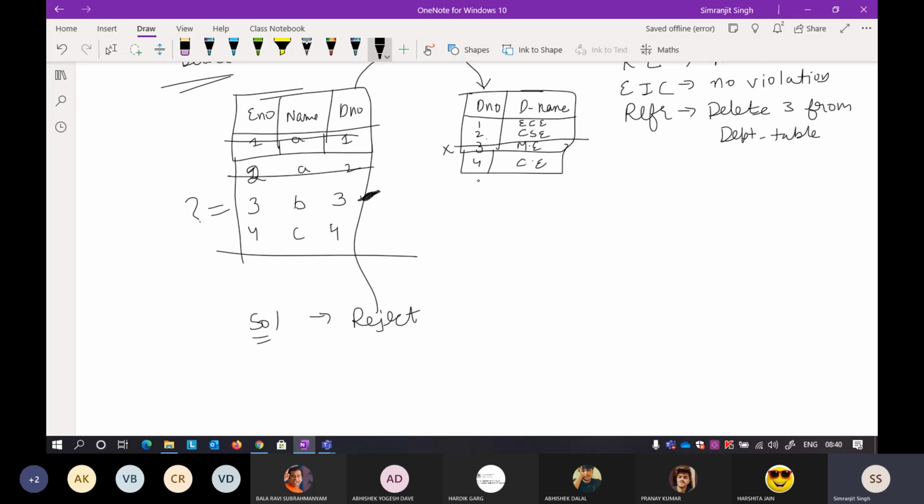Okay, so there are two scenarios. The first scenario is that you are closing the department fully and you are firing all the employees. The second is that you do not want to fire all the employees, you just want to assign them to a different department. Again, there are two options here. The first one is cascade. Cascade means that if you delete a department from the main table,